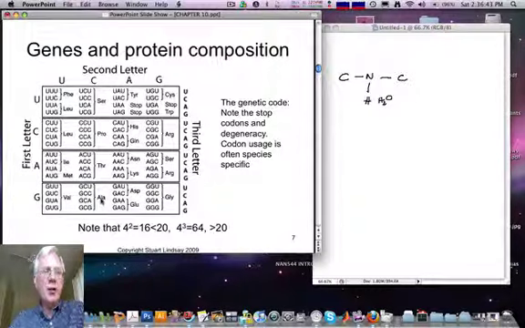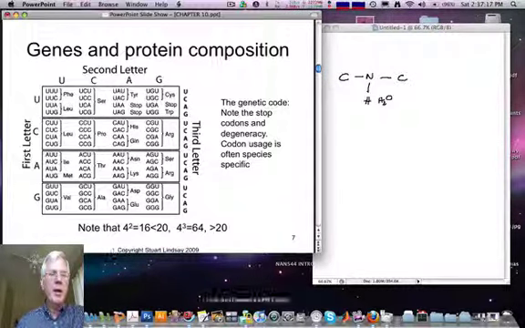Finally, I come to the genetic code. This is the fundamental relationship between the code listed on the DNA, transferred to messenger RNA, about which we will talk in a minute, and then converted by the ribosome into a specific residue. U here stands for uracil, which is the RNA analog of thymine. So you see a UUU on the RNA, which would correspond to its complement, an AAA on DNA, gets converted into phenylalanine, for example. Over here, GGU, which is on the RNA, equivalent to a CCA on the DNA, gets